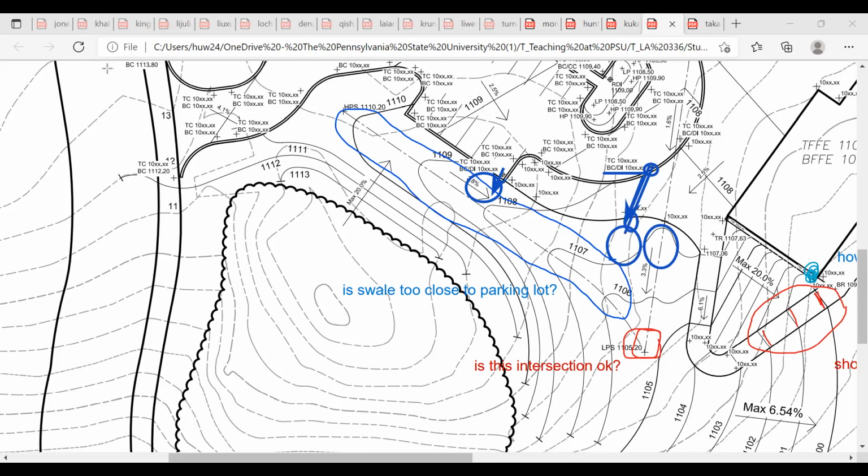Does that kind of make sense? Yeah, that makes sense. Yeah, so just remember calculating that to account for the depth of the trench drain. Yeah, the only thing that doesn't make sense to me is the